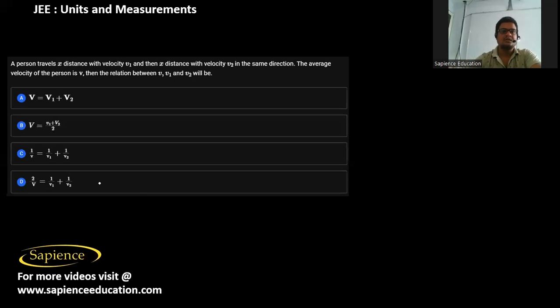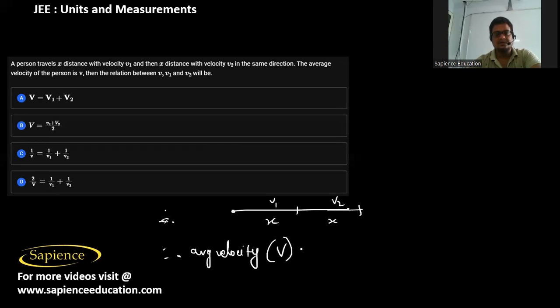Then here it is told a person travels x distance with velocity v1 and x distance with velocity v2 in the same direction. The average velocity of the person is v. Then the relation between v, v1, and v2 will be. So therefore, the man travels a distance x with velocity v1 and the next same distance x with velocity v2 in the same direction. So therefore, we have to find the average velocity,